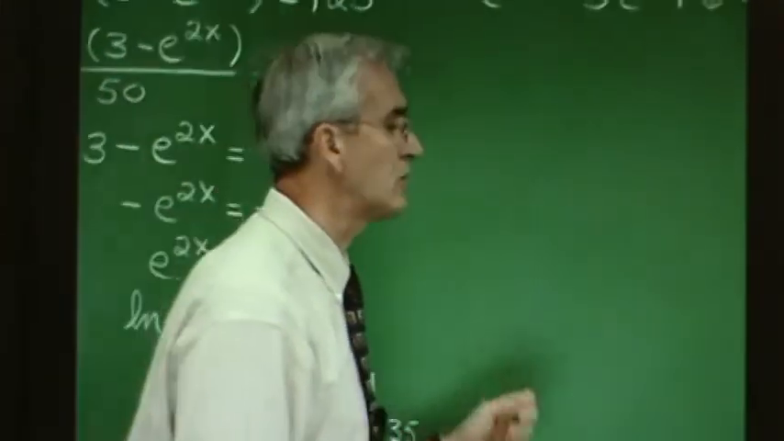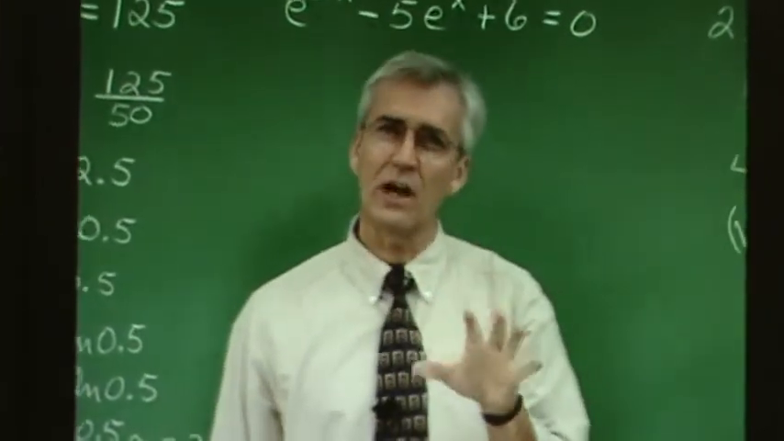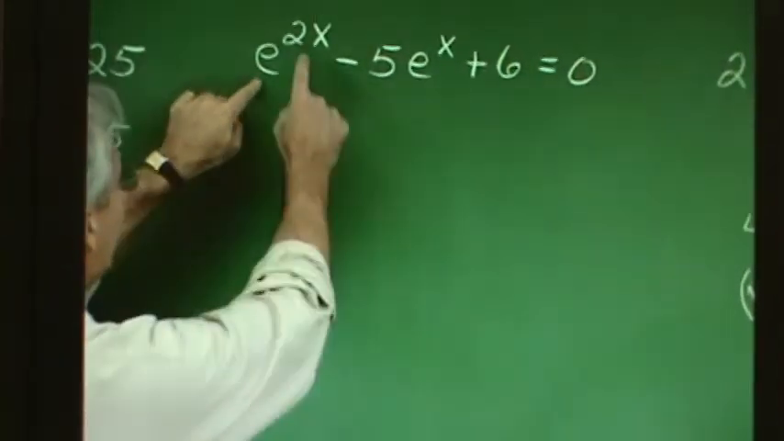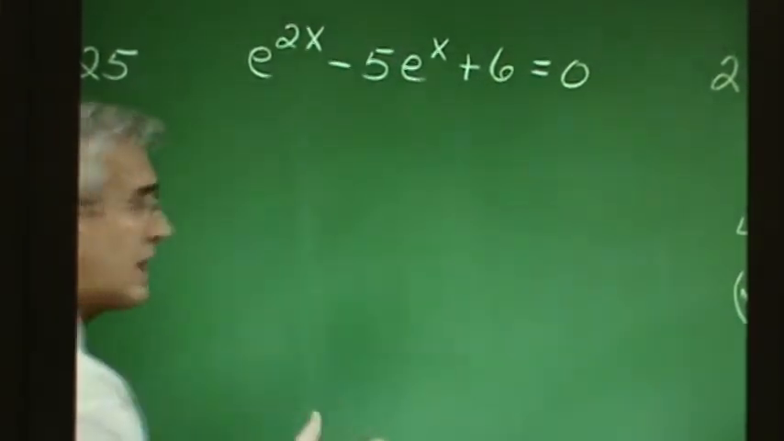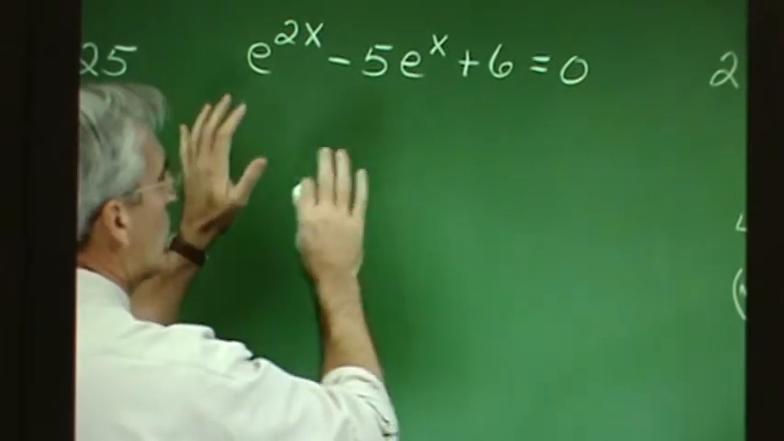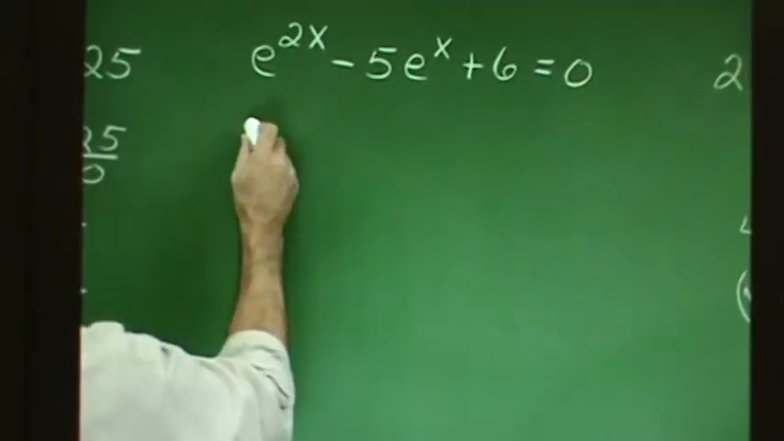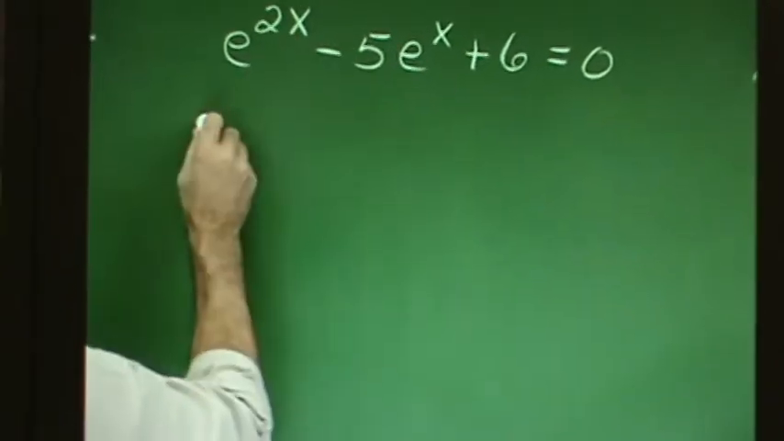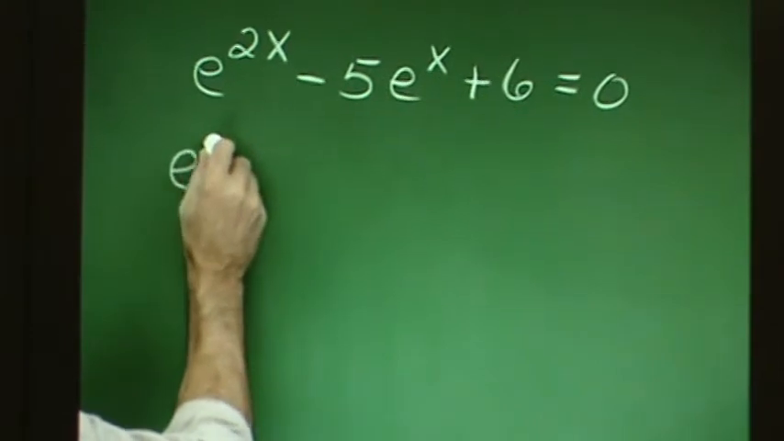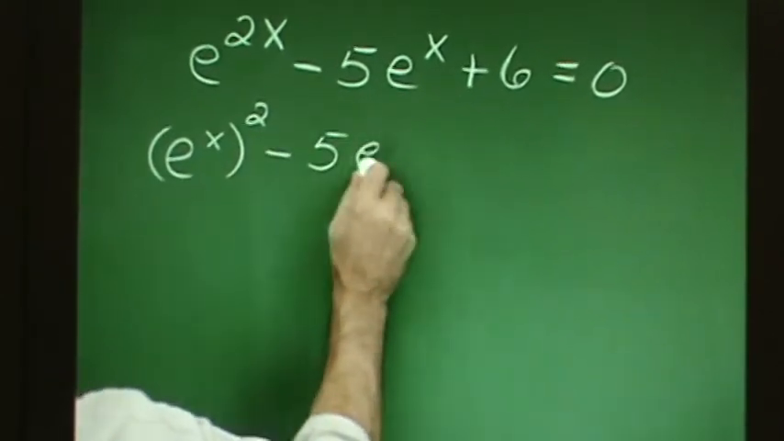Here's a really interesting problem. It's an exponential equation, and it has a couple of terms that involve this base exponent combination where we have a variable in the exponent. The intriguing thing about it is that we can write this in quadratic form. Now watch this little routine. We can write this, separating the exponents, as e to the x squared,